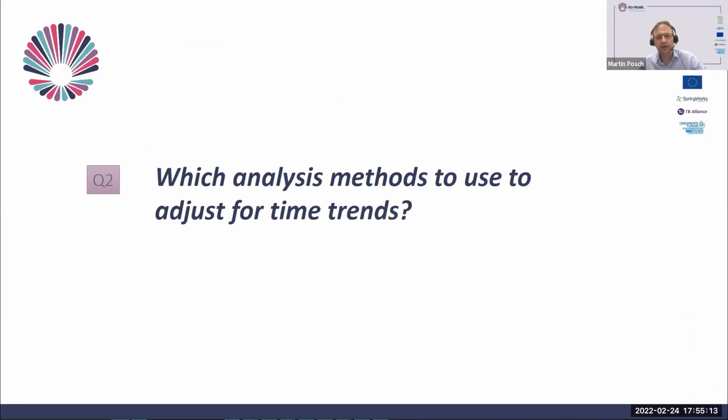Yes, thanks. So let's move on to the next question, which is on the methods to use to adjust for time trends. Are there scenarios where we could simply pool concurrent and non-concurrent controls, should we use model-based approaches, and how smooth can we assume the time trend to be? Are there maybe other methods that we have not talked about? We'll have James Wason and Kat Feely reply to these questions. So, James Wason, Newcastle University. Thank you, Martin.